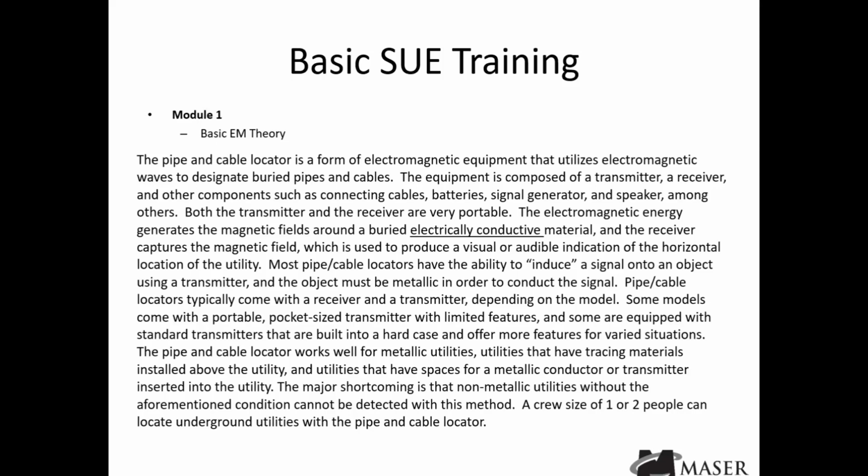It is composed of a transmitter and a receiver and some connecting cables and all the stuff that goes along with that: the signal generator, battery, speaker, and so on. Very portable. The electromagnetic energy generates a magnetic field around something that's buried conductively. The receiver basically receives that signal from the magnetic field and then gives you some sort of indication, whether it's visual or audible,